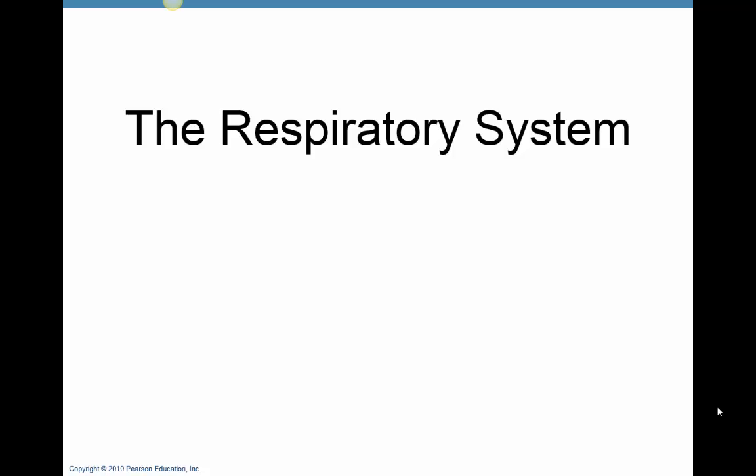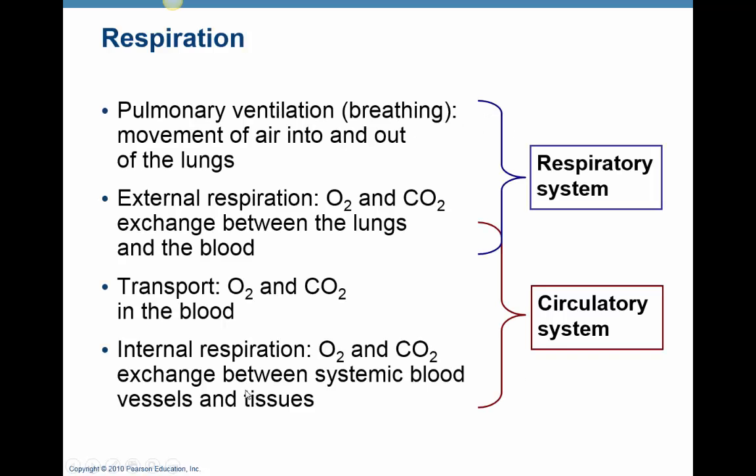This week we talk about the respiratory system. When we think of the respiratory system, it's actually a partner system working together with the circulatory system, which is the blood vessels. The main object of the respiratory system working with the circulatory system is to deliver oxygen to the tissues and to pick up carbon dioxide, the waste product from metabolism, from the tissues and remove it